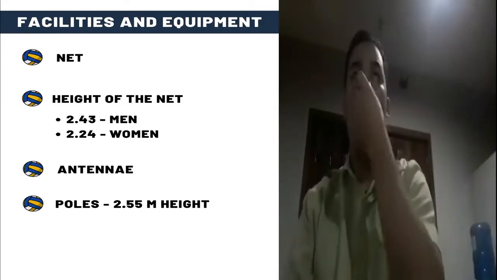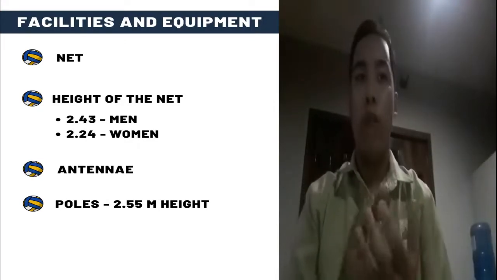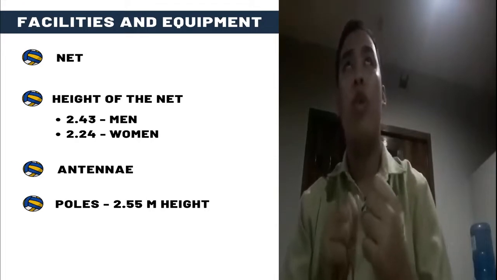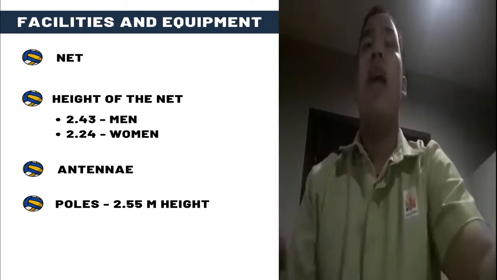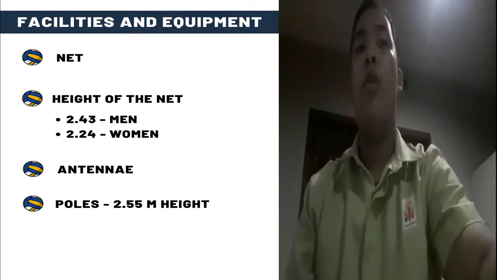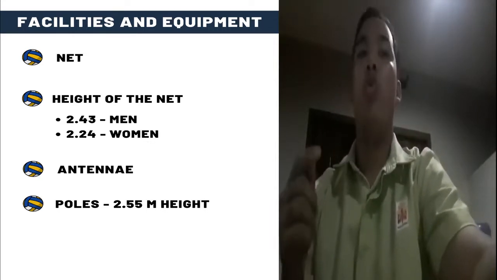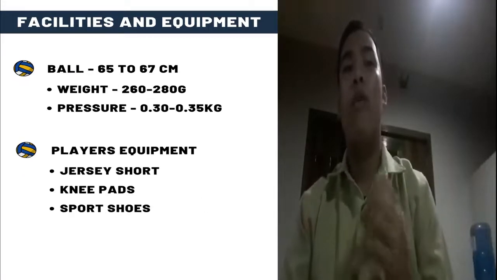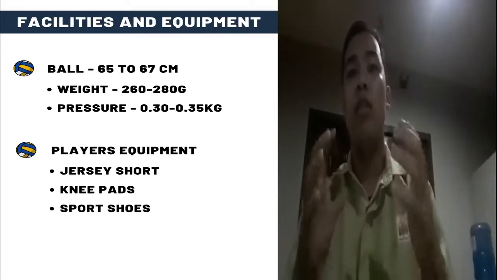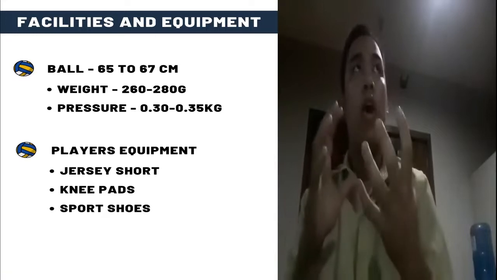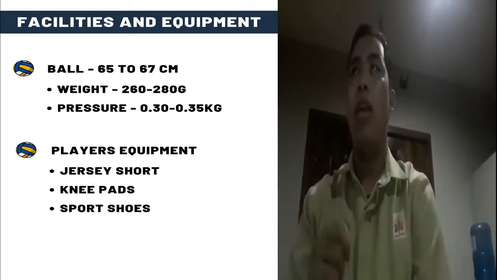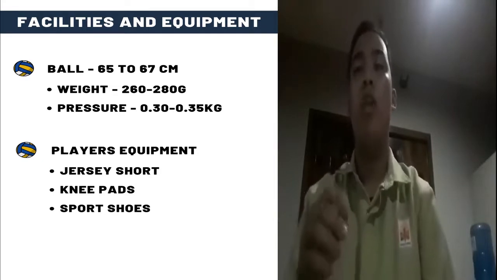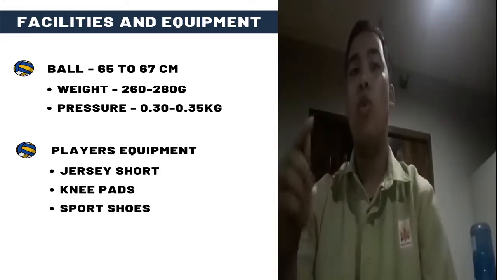Next one is the height of net. Height of net is 2.43 meters for the men's and 2.24 for women's. And we got the antennae, poles with 2.55 meters high, ball size of 65 to 67 centimeters with the weight of 260 and 280 grams and pressure of 0.30 kilograms to